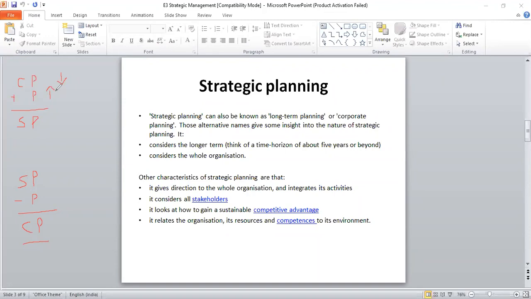So also for an organization, when they plan what it would want to achieve over a long period of time, it cannot just have a desire about what it wants to achieve. It should understand whether it is feasible to achieve. When we look at the feasibility of achieving these things, they have to understand what resources are available to them and the competencies relative to its environment.